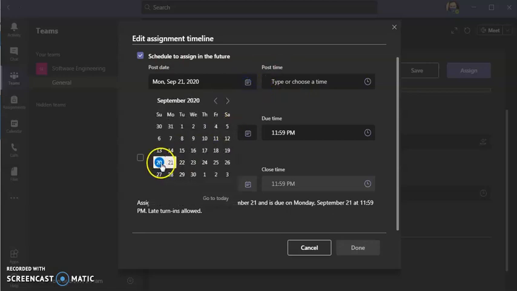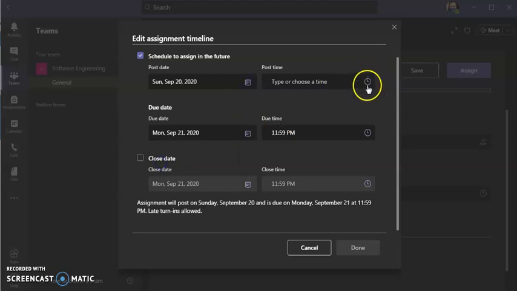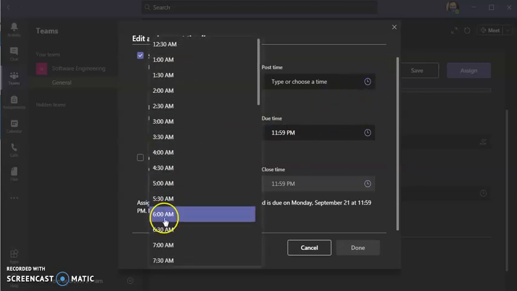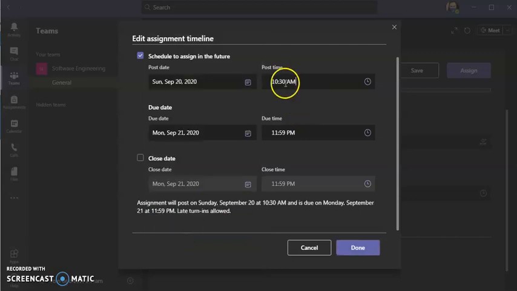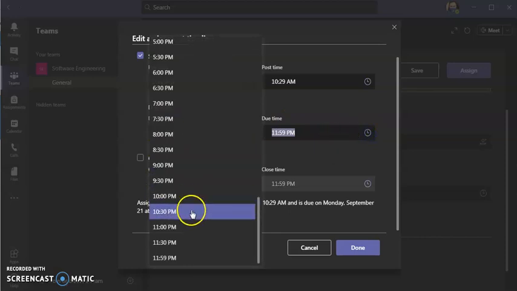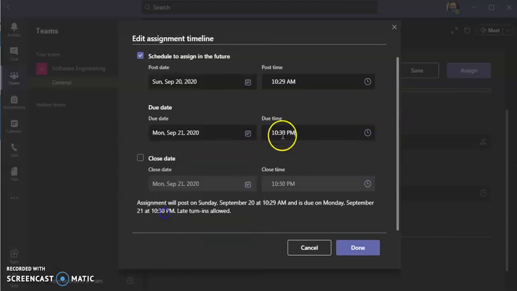So I am scheduling this on 20th September. I am choosing 10:29. So the quiz is automatically posted at 10:29. The due date is when the student is supposed to finish the quiz, by 10:35.